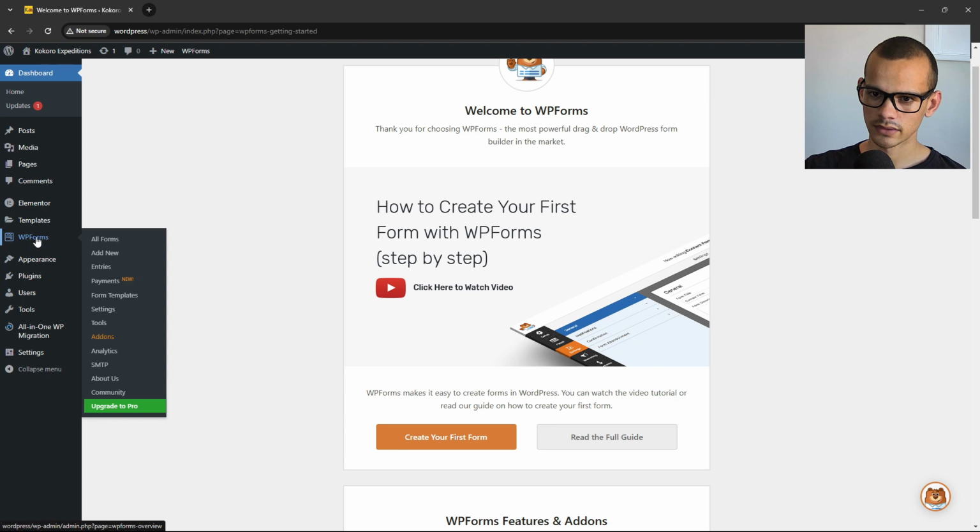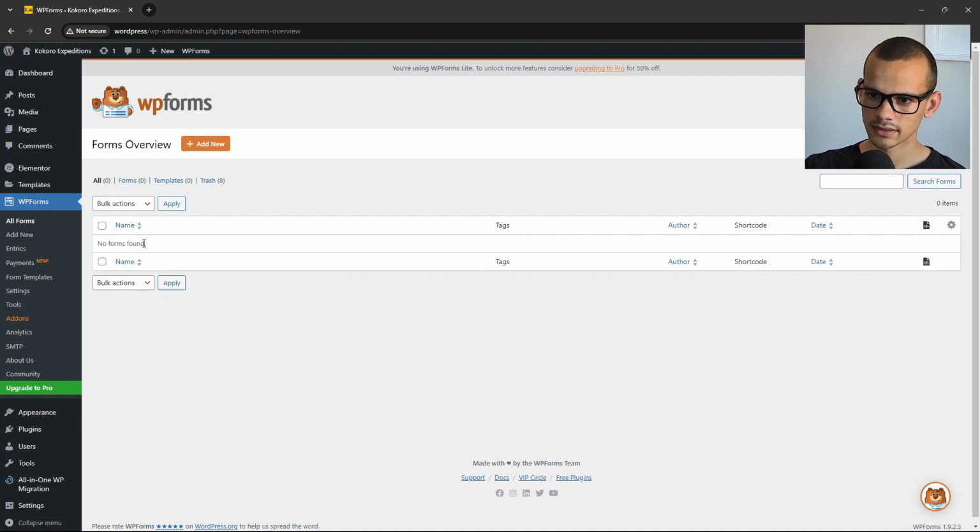Now on the left you can click on WP Forms, click on all forms. Sometimes you'll see some default forms, particularly if it's your first time using WP Forms. You'll probably see a default form here. You can just delete that by clicking here and then clicking bulk actions and move to trash and then clicking apply. Once there's no default forms here, you can click on add new